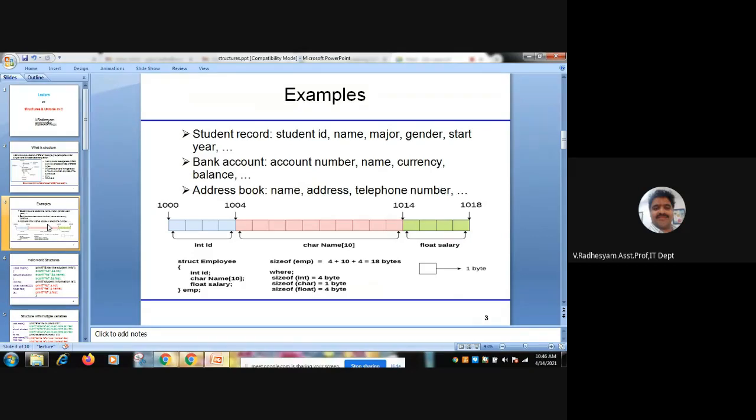So if you are using a union, then here 10 bytes of memory is enough, because that is the maximum.